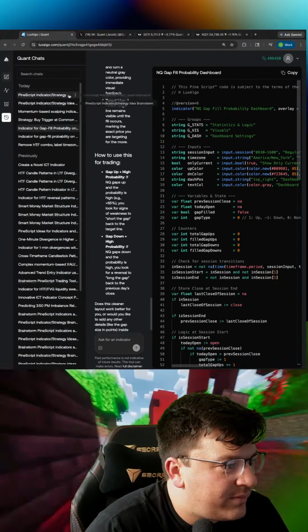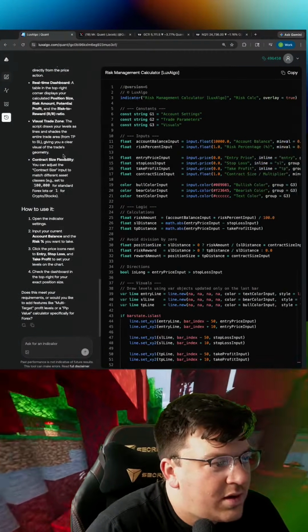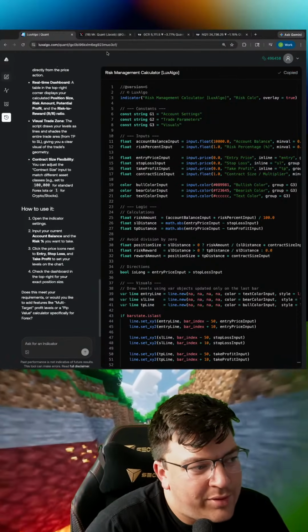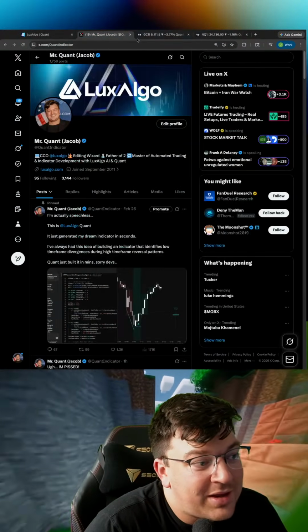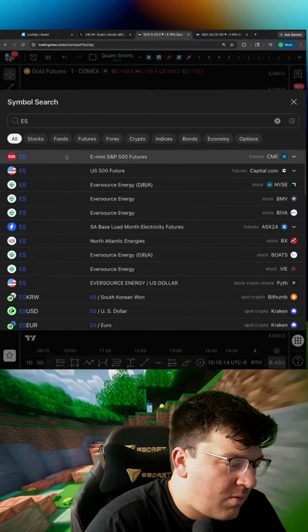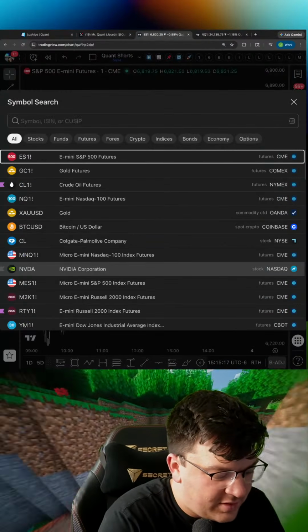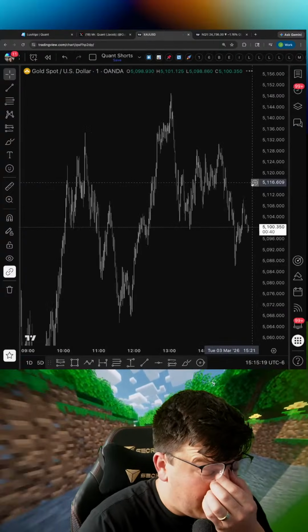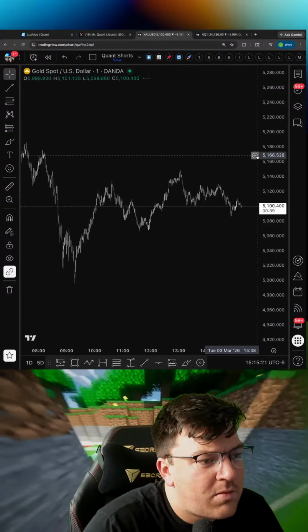Oh, that was the wrong one. This one. Risk management calculator. This one's gonna plot based on the economic events, which is pretty cool. Let's go see. Actually, let's do it on gold. Gold's a good one. It tends to react pretty well to